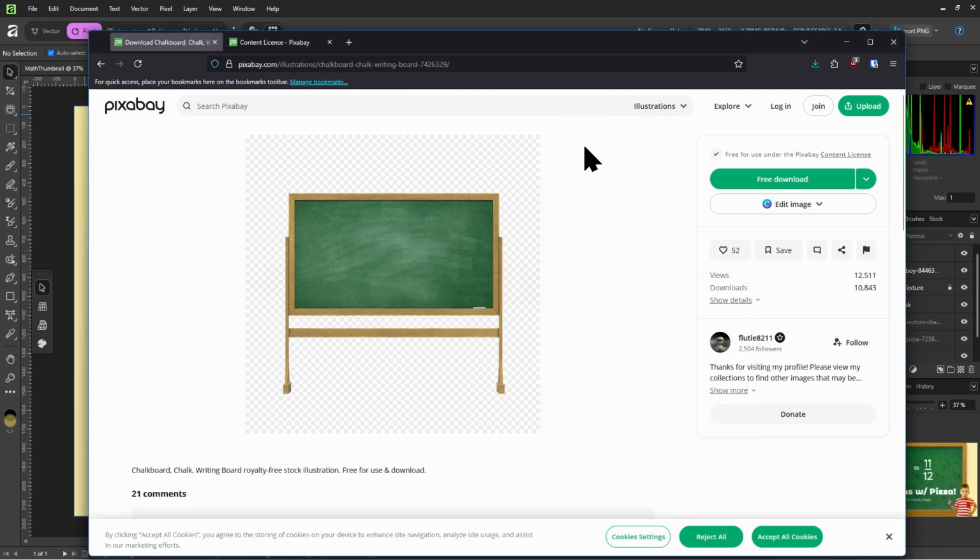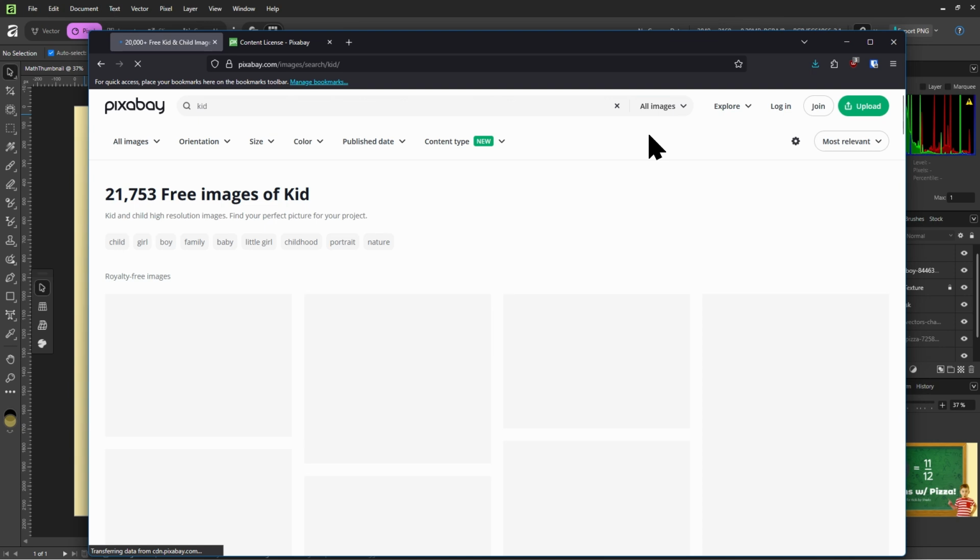And now that we know anything in Pixabay is free to use, let's stick to this website instead of searching anywhere else, so we don't have to worry about copyright infringement. So kit, and in this drop down select all images.